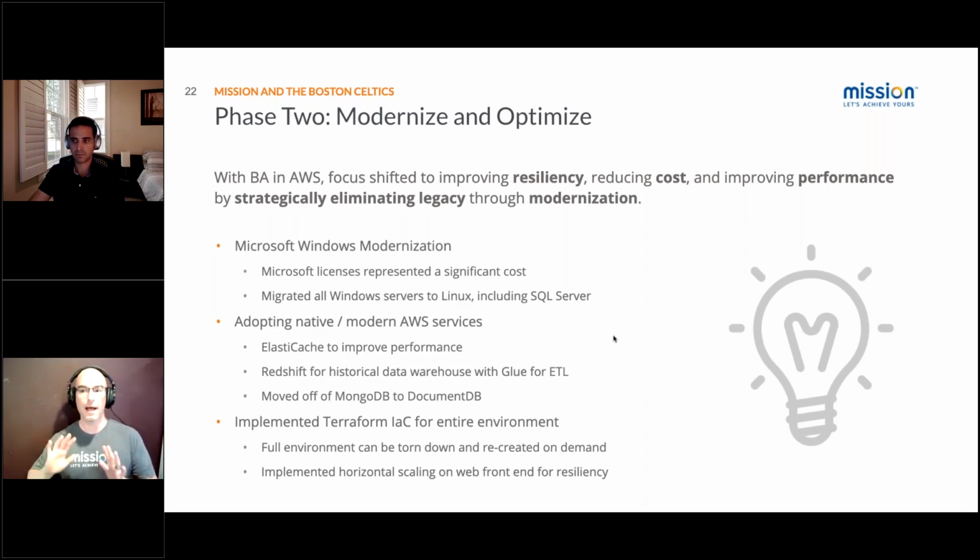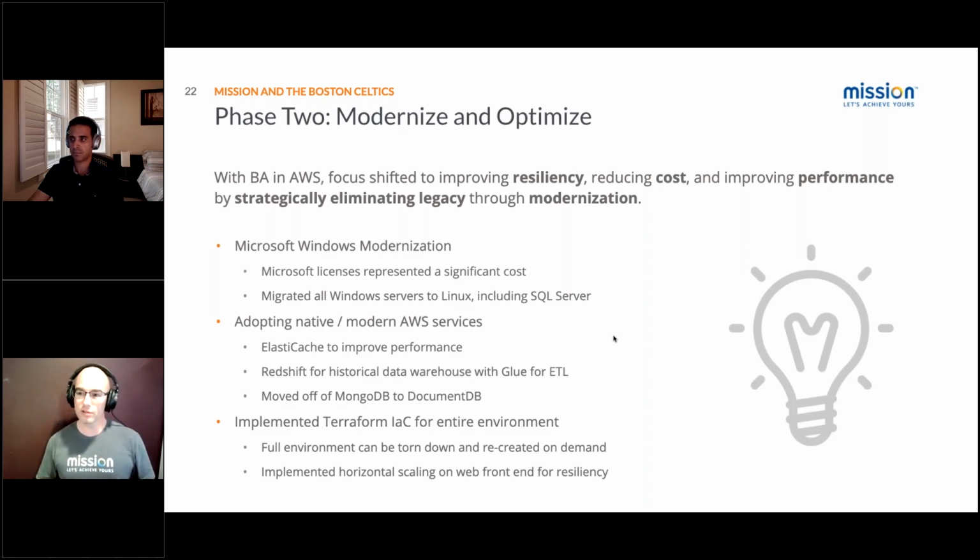Now, hold on, this is not a bad thing, because without the flexibility and the capabilities of AWS, we couldn't have done this. They were looking for a way to become more efficient, reduce licensing costs, reduce the operational overhead with managing those licensing costs, and assorted myriad other things that I'm sure folks who have dealt with licensing and all of the overhead that goes with that have experienced.